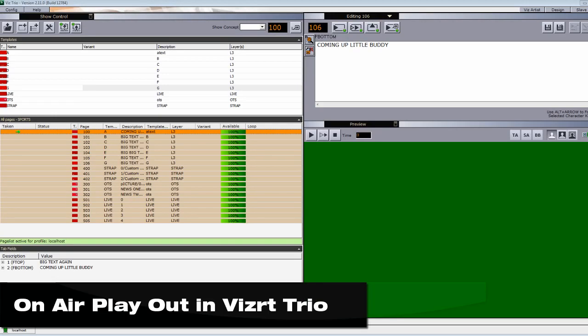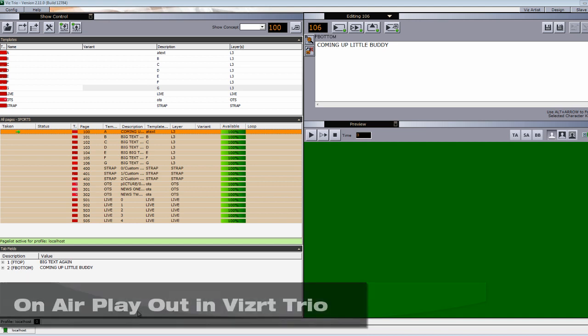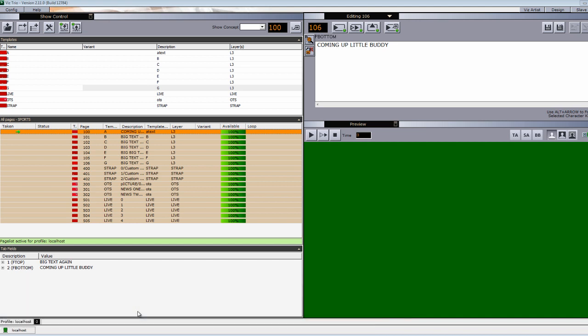Okay, the last step that we have to go through here is run our graphics, test them out. Now, ideally, after we build each thing for transition logic, we should test it and take it into Trio just to make sure it works. That way, there's not too much troubleshooting to do on the back end if things aren't going right. But to save us a little bit of time, I just went through everything, and now we're going to go